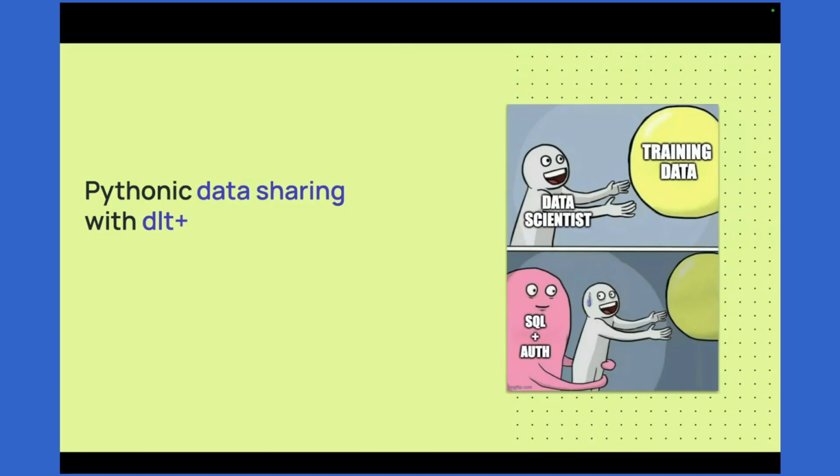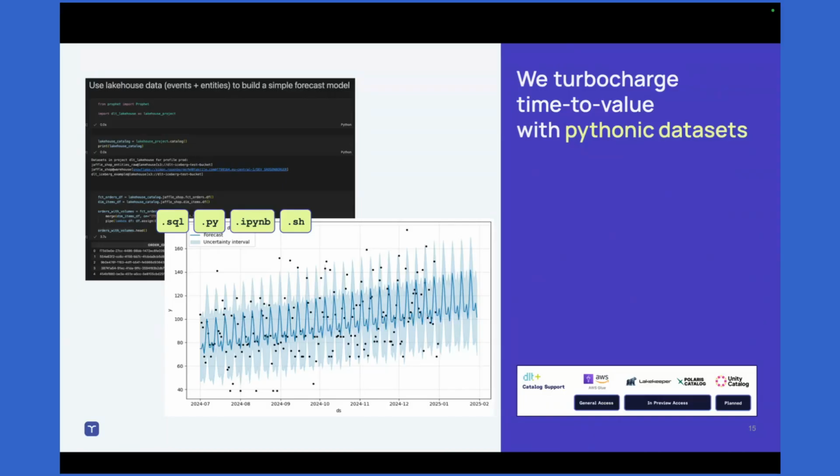And dlt also has a good answer to that, because dlt does not only come with the CLI that we've just seen, it also comes with a Python SDK that allows you to access these data sets in a very Pythonic way, and essentially in a few lines of code build a predictive model from the data sets